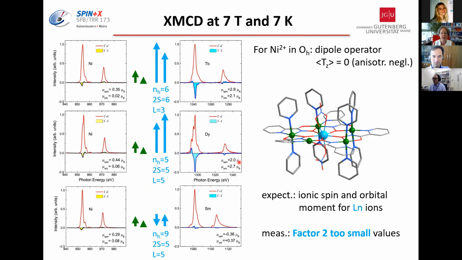And now what I'm going to show you is that if you would like to really compare all this data, we have to check how many electrons we have, what our expectation of the spin is, and of course, what our expectation of the orbital contribution is. And if we do so, we can do this for the terbium, for the dysprosium, and for the samarium. And what we see is that